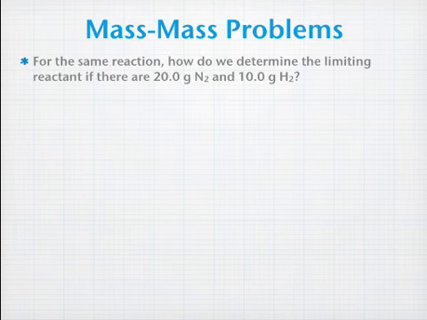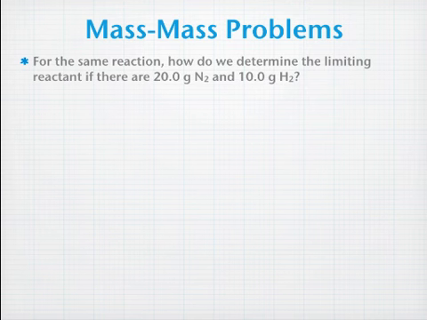Usually we work in mass, and in our lab coming up on this concept, we're going to be dealing with masses of reactants because, of course, our balances give us mass and not moles. So for the same reaction now, we're going to look at starting with 20 grams of nitrogen and 10 grams of hydrogen. Don't assume automatically that the smallest amount is going to be the limiting reactant, because that smallest amount